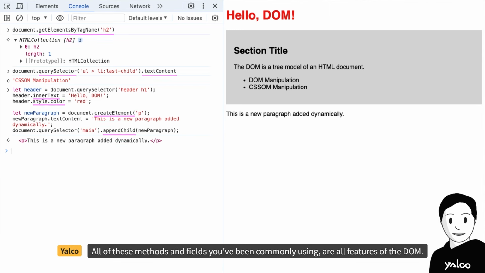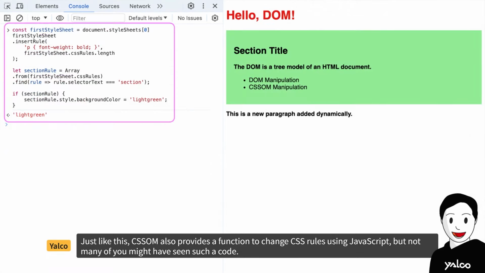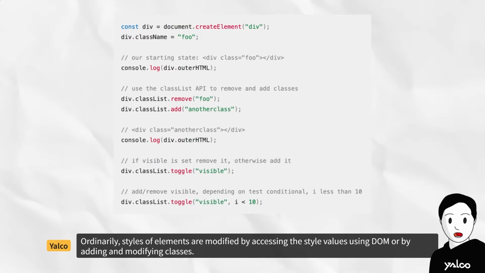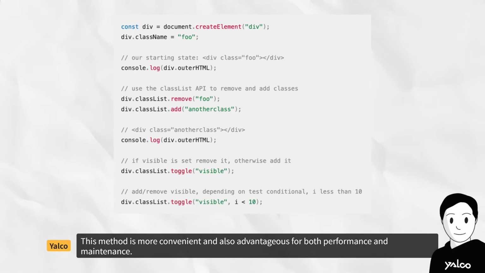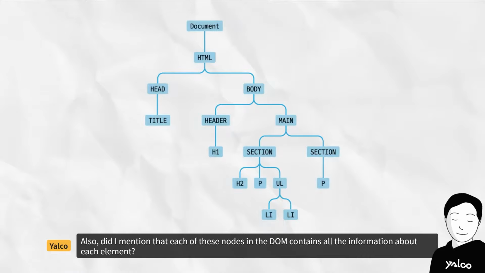All of these methods and fields you've been commonly using are all features of the DOM. Just like this, CSSOM also provides a function to change CSS rules using JavaScript. But not many of you might have seen such a code. Ordinarily, styles of elements are modified by accessing the style values using DOM, or by adding and modifying classes. This method is more convenient and also advantageous for both performance and maintenance. Also, did I mention that